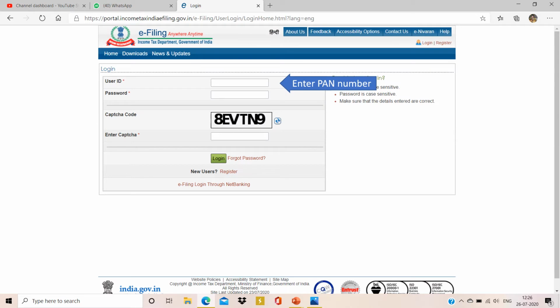Once you click registered users, you get the following screen. In that screen, your user ID remains the PAN number, along with the password if you can remember it. With that, you fill in the bottom option, then you can log in. In case it throws a password error message, you can click the forgot password option.